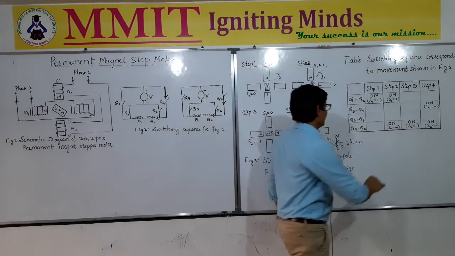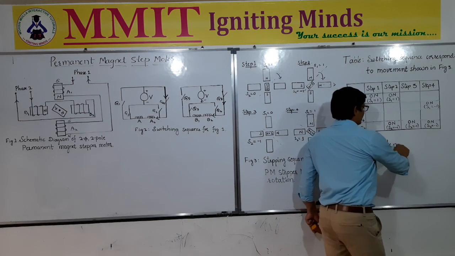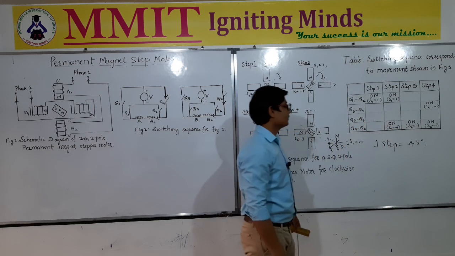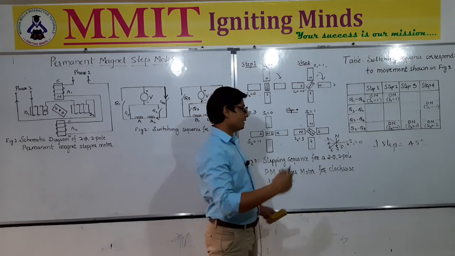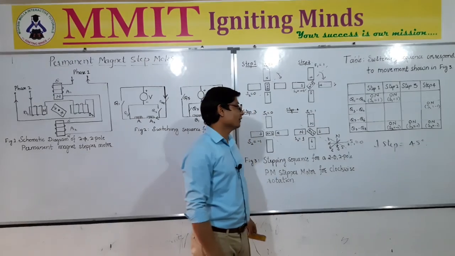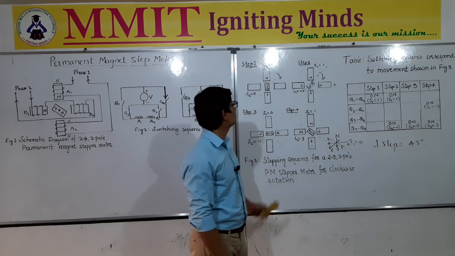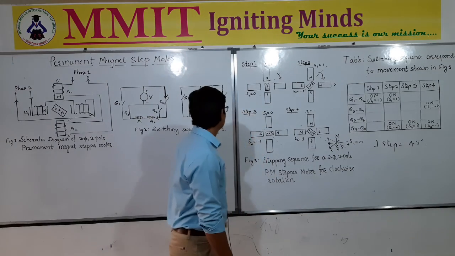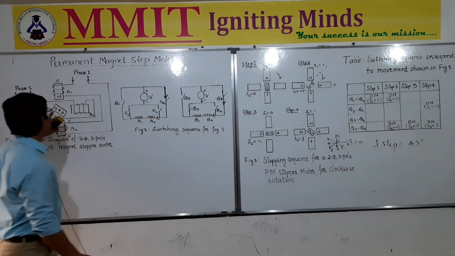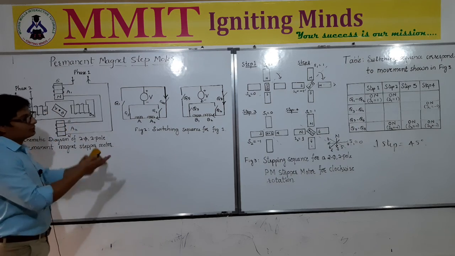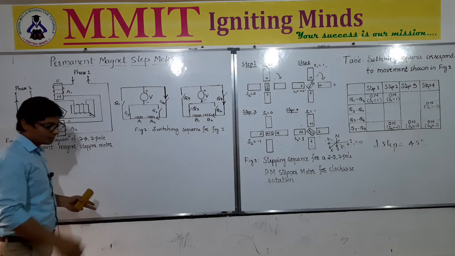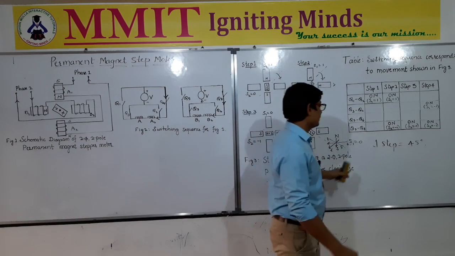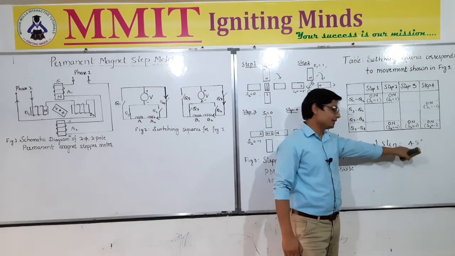And here one step is equal to 45 degrees. Okay, so this is, you can say, one of the disadvantages, that it can only rotate by a very large step of 45 degrees. Intermediate steps are not possible with only 2 poles. Now to obtain the intermediate steps we have to go for a greater number of permanent magnet poles. As we increase the number of poles, the step size goes on decreasing, and a step of around 15 degrees or 18 degrees is also possible.